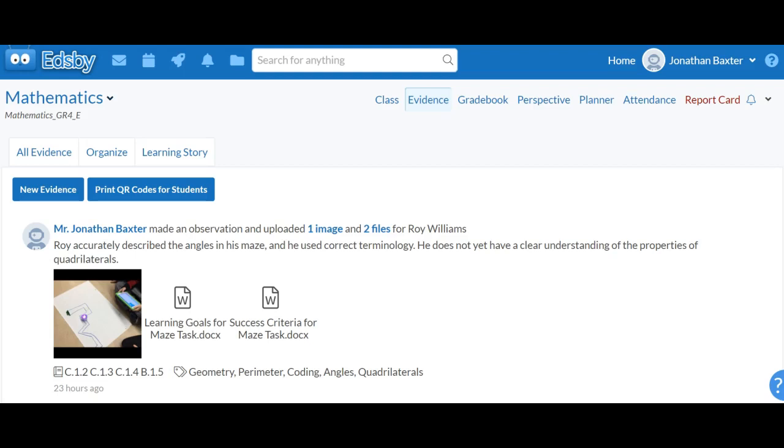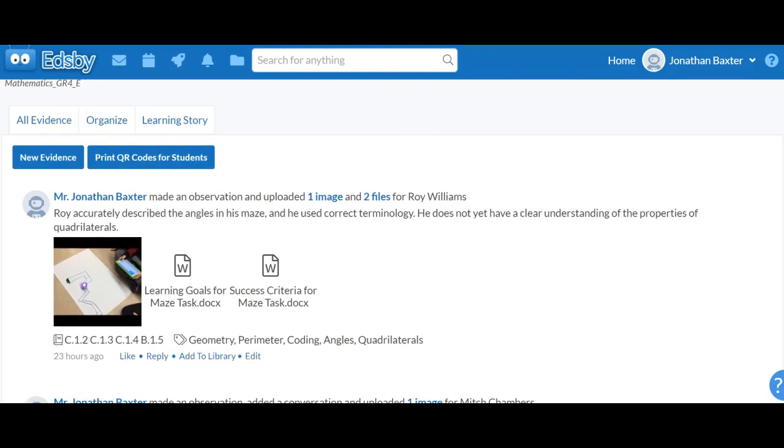And here are some examples of how this could look. This is one of our EDSB demo sites that have fictitious student names. So for example, the first student here, Roy Williams, is just a made-up student. I have an example of Roy working on this Sphero maze activity, and I have a picture of Roy working on the maze. I have also included a document with the learning goals for the task and also the success criteria. It's just something where I chose to do that. I felt it would be helpful to have the learning goal and success criteria attached to the documentation